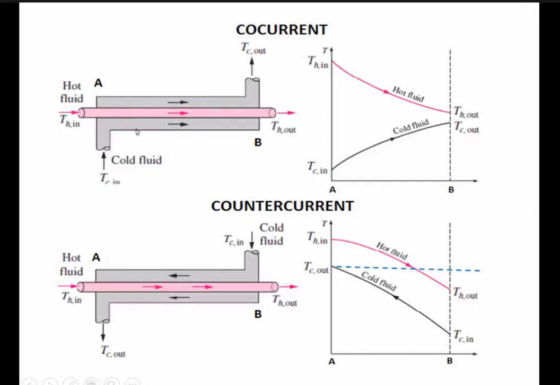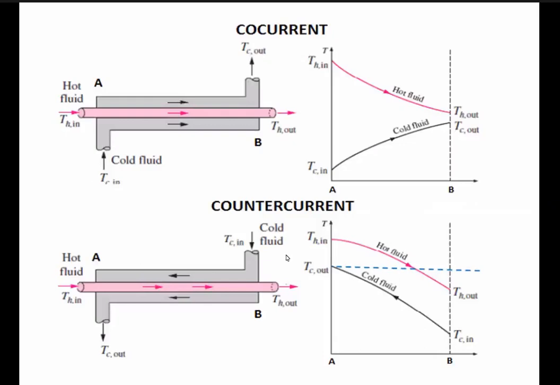So when you have a parallel flow, at the inlet, the hot fluid temperature will be very high, and slowly it will come down. And because this is parallel flow, the cold fluid temperature at the inlet will be very low, and slowly it will go up. So this is the graph you will get in a parallel flow exchanger, the cold fluid and the hot fluid. Whenever you do an LMTD, I recommend you draw this graph first. Once you do the graph, the LMTD can be made very simple.